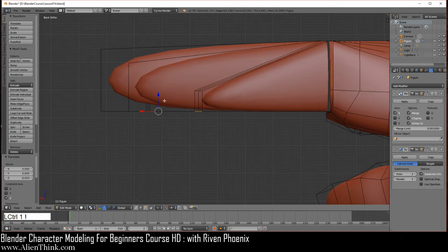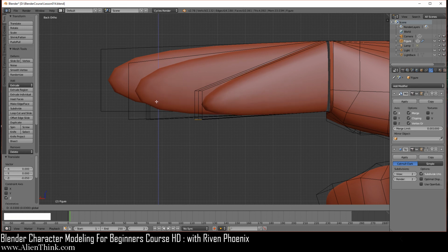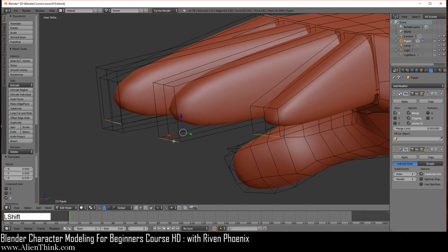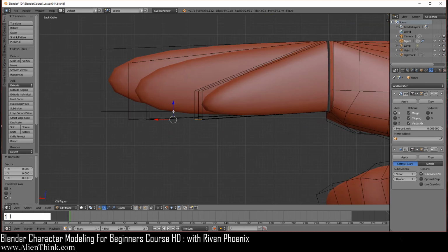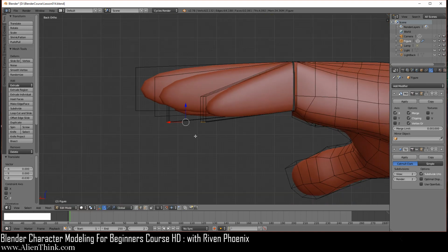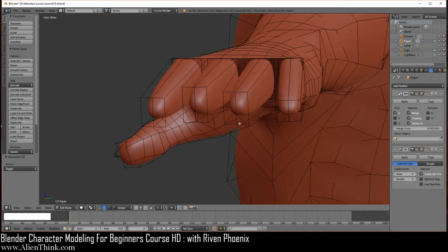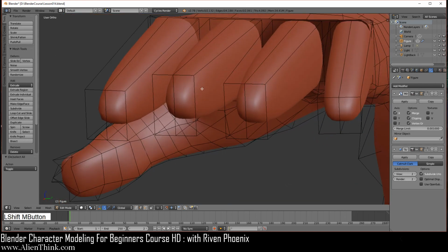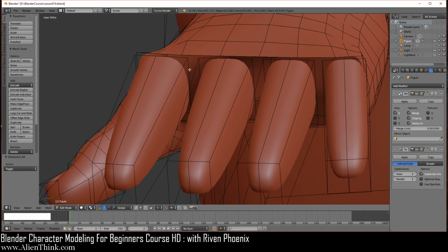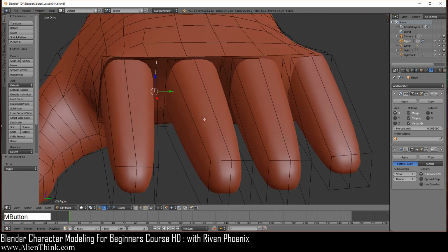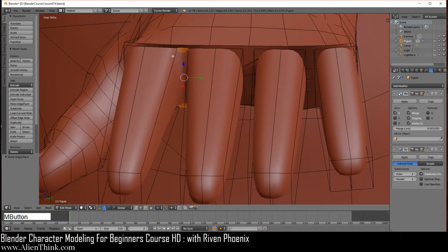Now do Control 1, and you're going to bring this down 1 and 2, 3. Use the middle mouse button to rotate. Deselect these 2. Control 1. Bring this down 1, 2, and then 3. Okay, A to deselect. Okay. So now what we want to do is actually select this edge and then middle mouse button to rotate, select this one and press the F key. It'll select the face, right?